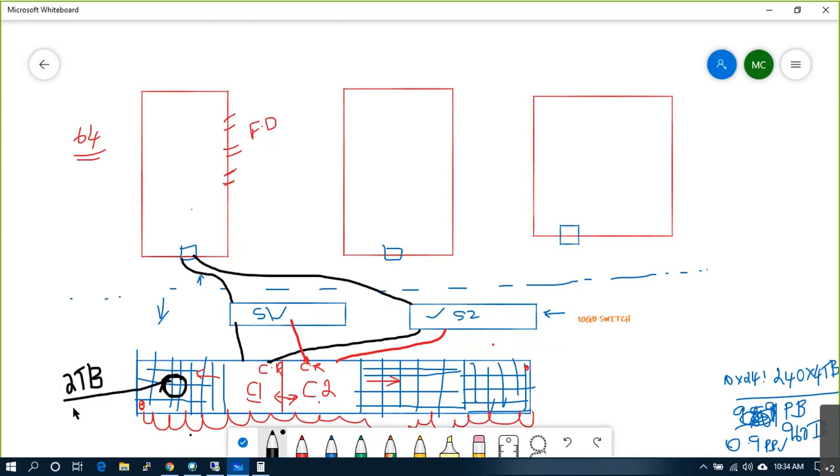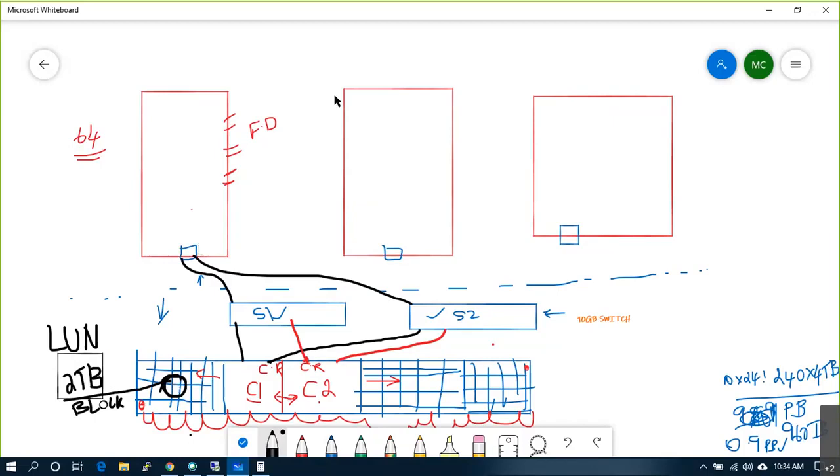A 2 TB block is created. The logical name is, you call this 2 TB a LUN, logical unit number, LUN. So I have created 2 TB, and 2 TB space is reserved here.